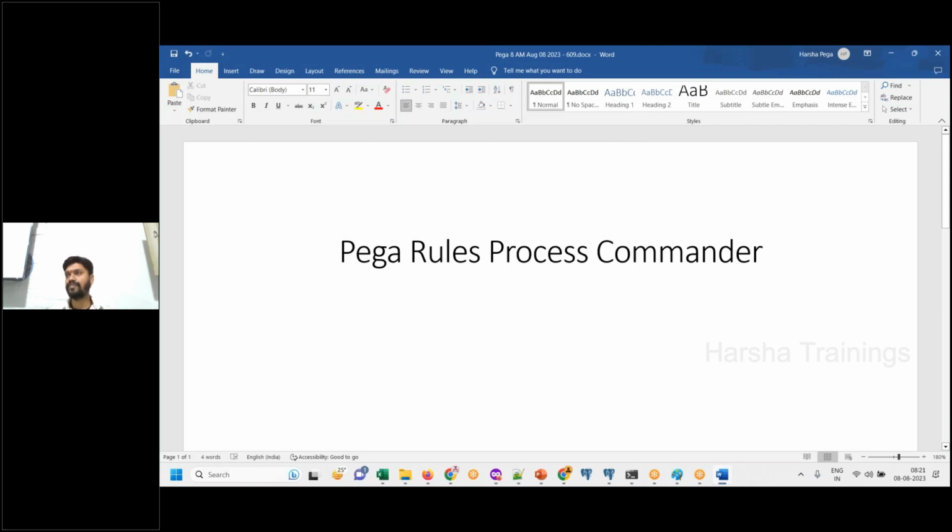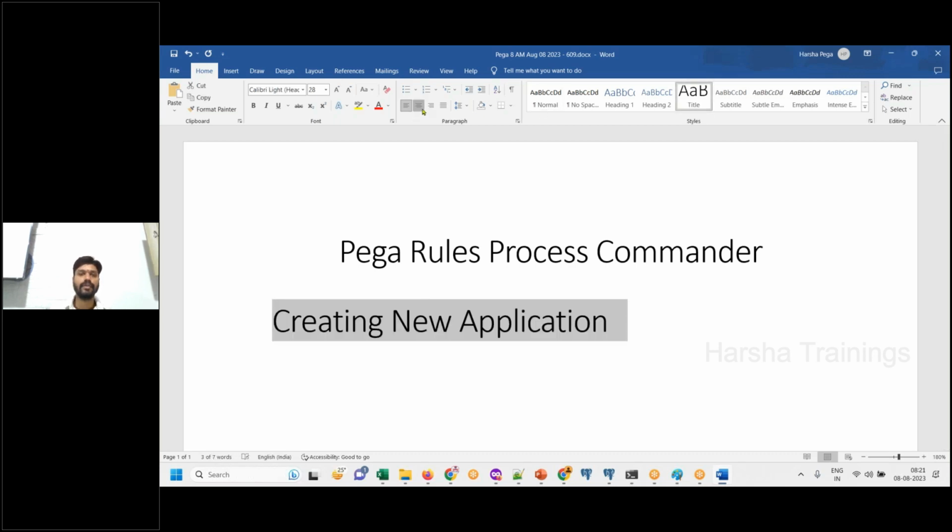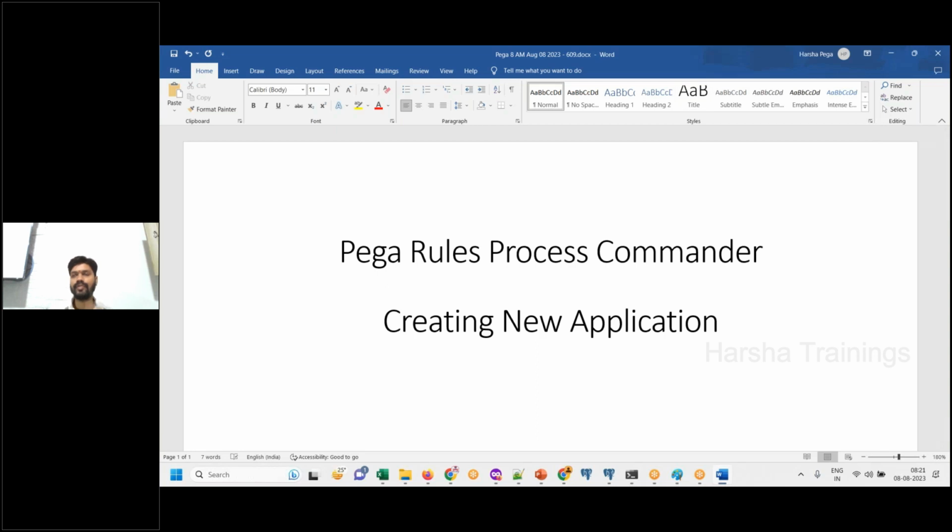So write down creating new application. The headline is creating new application. That is the top heading. So we'll be able to finish the practical. A little bit of discussion we do tomorrow after the practice is completed. Creating new application is the heading, and the requirement is